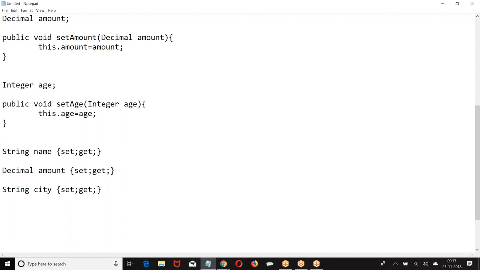Similarly, setter and getter method for city. I hope you are good with this. Setter method, getter method: set the value, get the value.